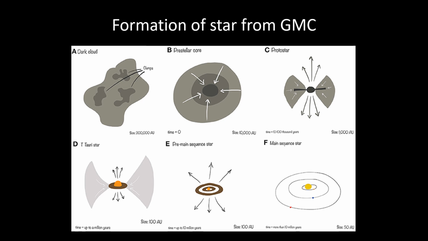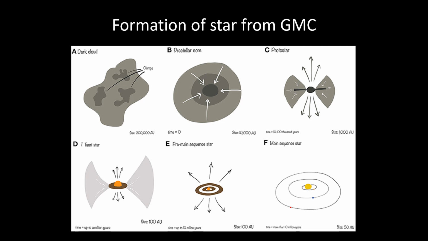So at t equals 0, the size of the molecular cloud is 10,000 astronomical units, and this stage is known as prestellar core. Prestellar cores are the nurseries of new stars and an early phase in the formation of low mass stars. Before the gravitational collapse produces a central protostar, prestellar core is the stage. So basically, why are pre-stellar cores known as nurseries? Pre-stellar cores help us to understand large-scale physical processes which dictate star formation, through the properties of pre-stellar cores.